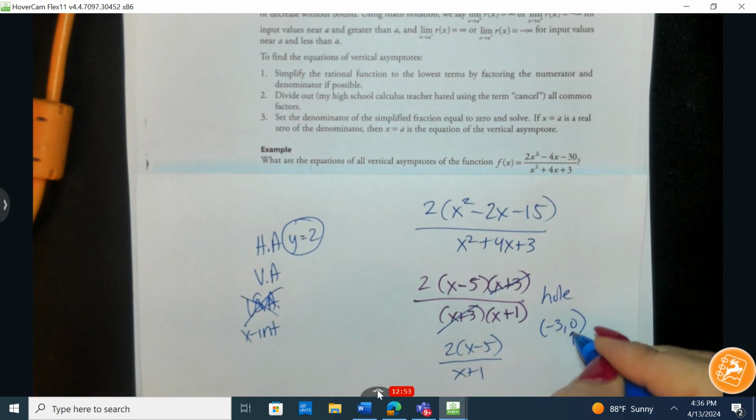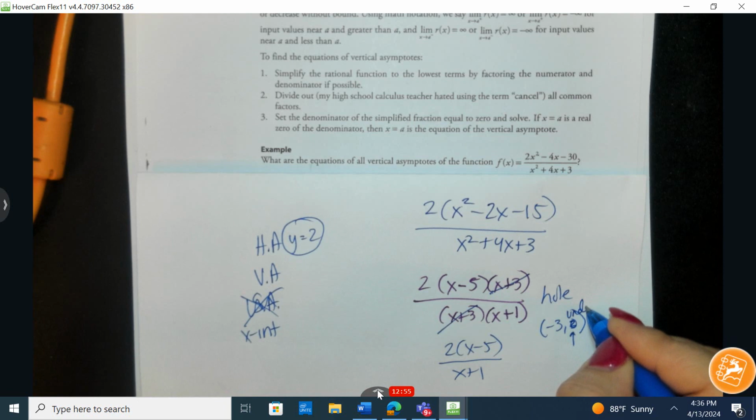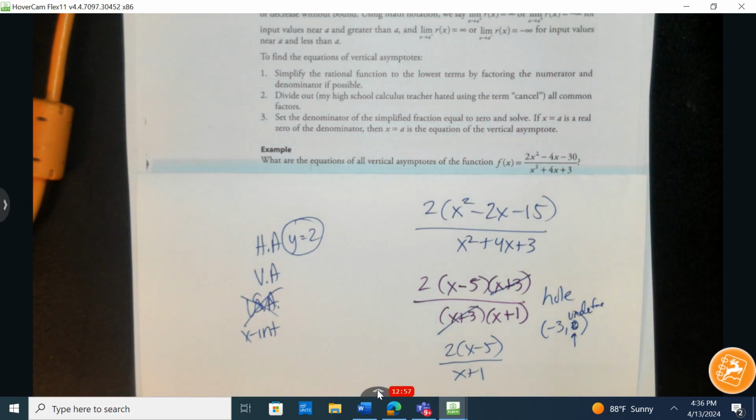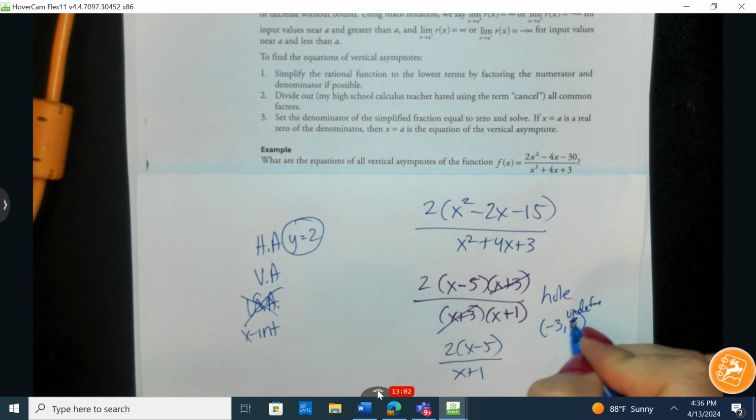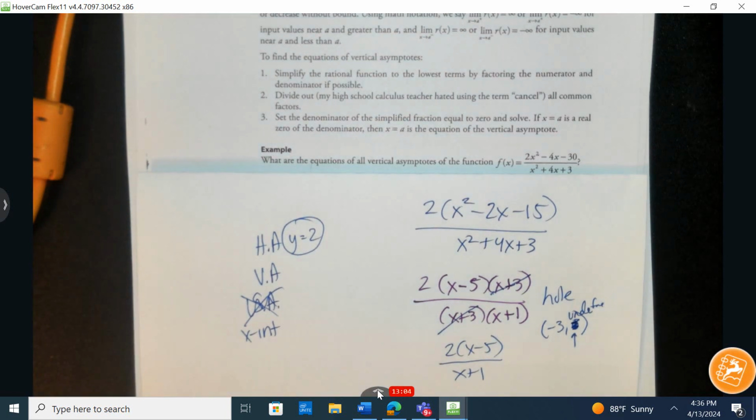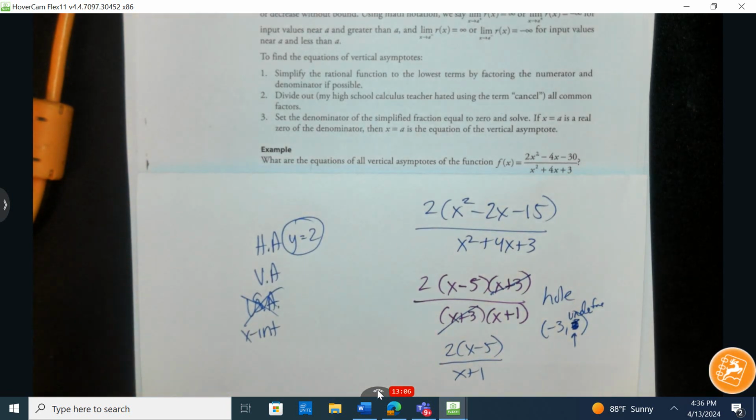So at x equals negative 3, we're not going to see a 0 here. It's going to say undefined. There's going to be no output value that goes with an x value of negative 3. There's going to be no output value. You should have put undefined and not 0. How am I able to then achieve